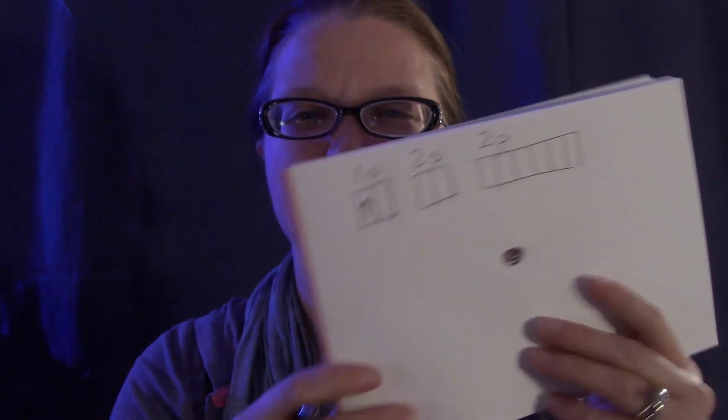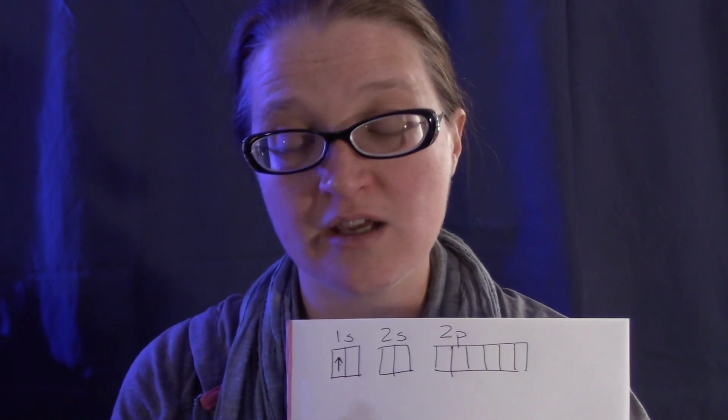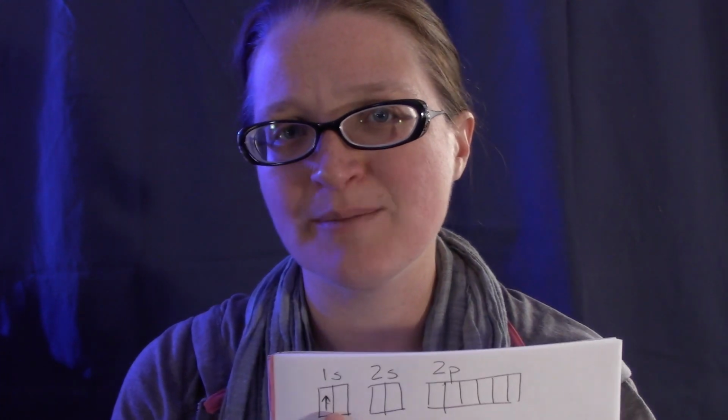So if I have 1 electron and it goes into my 1s orbital, I'm just going to draw that as pointing up here. It could point up or down, it doesn't matter. It can go in either direction. But the next electron that goes in there has a choice. It can go up or down. But if you have 2 pointed in the same direction,